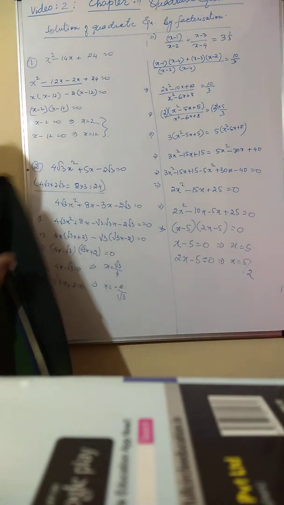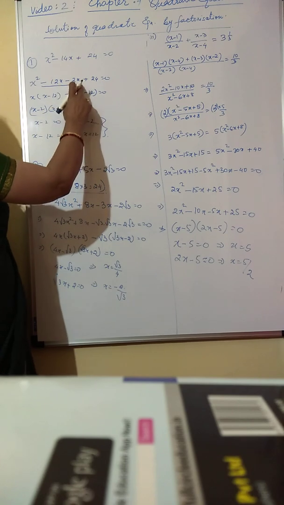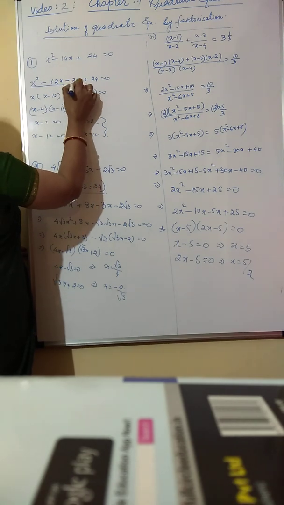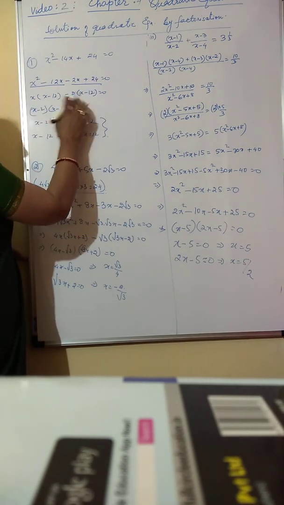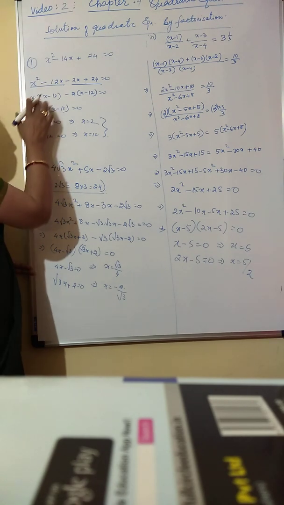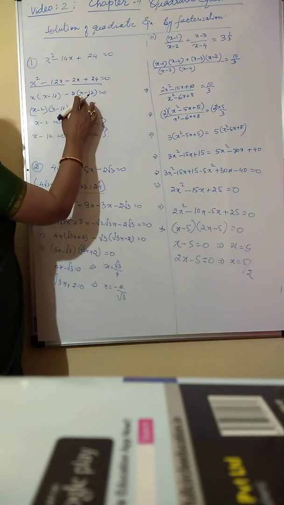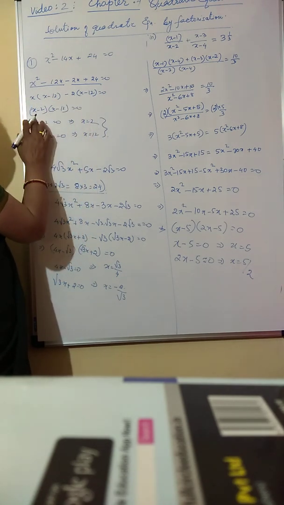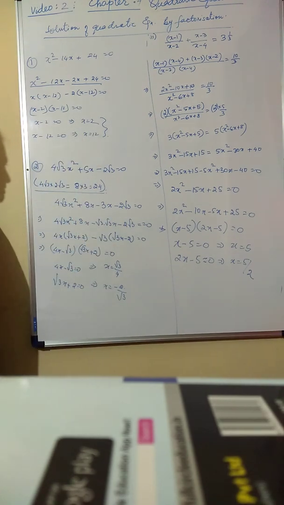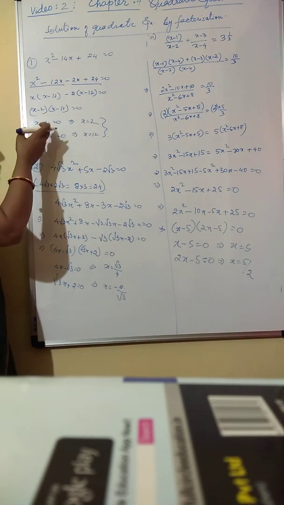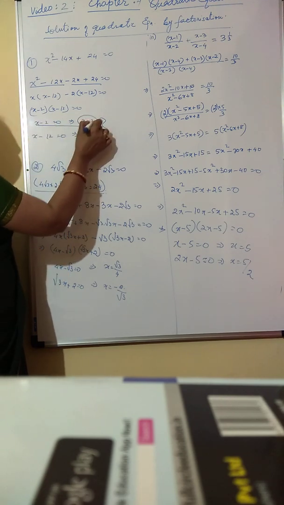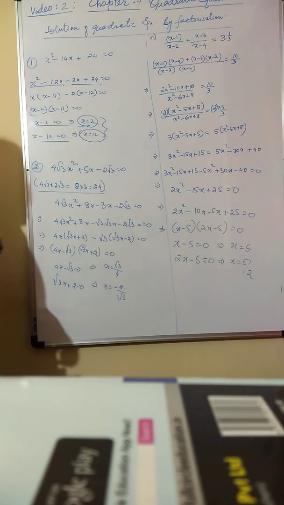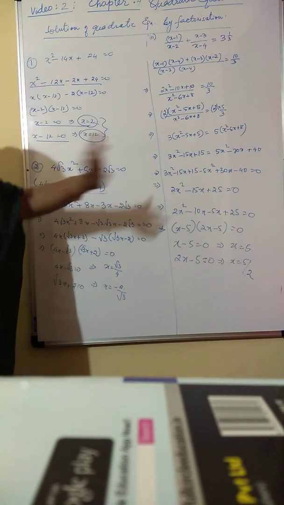So now we split it as x square minus 12x minus 2x plus 24 equal to 0. From the first two terms, you can take x common. From the last two terms, you can take minus 2 common. So we get x into x minus 12 minus 2 into x minus 12 equal to 0. And you get x minus 2 as one factor and x minus 12 as the second factor. And you know that when you know the factors, you can find the zeros. So one of the zeros is x equal to 2. x minus 12 equal to 0 implies x is equal to 12. So this is how we factorize the first part of it.